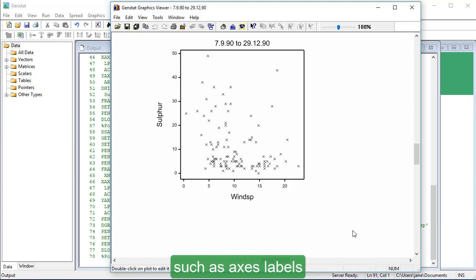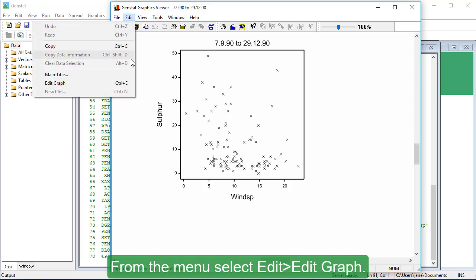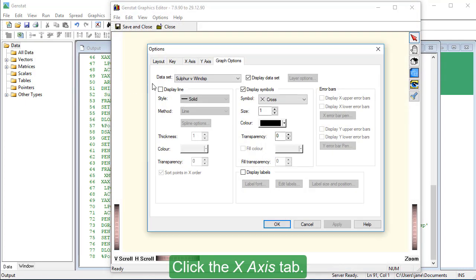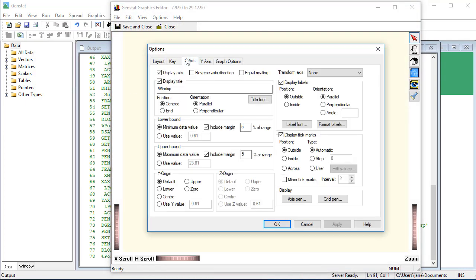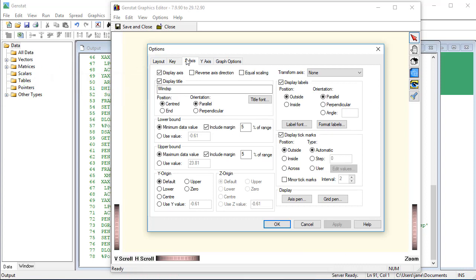We've created our scatter plot using the default settings, but we can easily change aspects of the plot, such as axes labels, within the graphics viewer. From the menu, select Edit, Edit Graph. Click the X-axis tab. Ensure Display Title is selected. Type Wind Speed